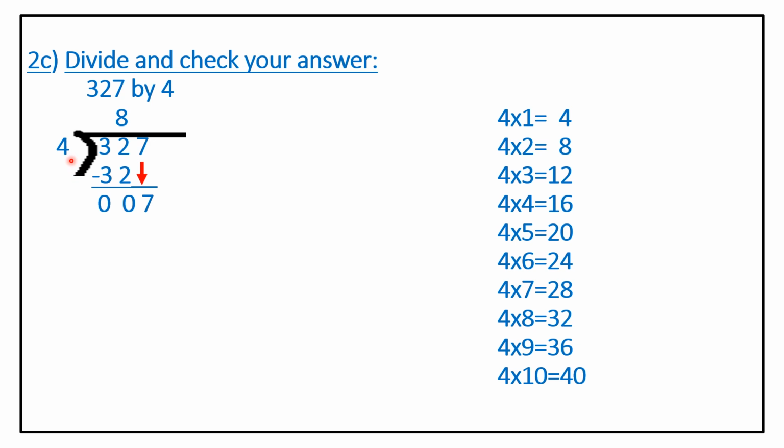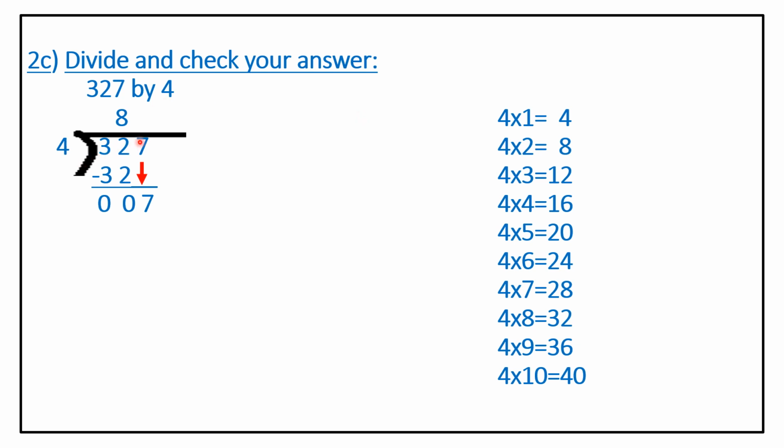Now in the table of 4, you have to divide this 7. Do you get 7? Look here. No, no. 4 1s are 4, 4 2s are 8. 7 comes between these two numbers, 4 and 8. Now what will you apply? 4 1s are 4 or 4 2s are 8? We will apply 4 1s are 4, because you have to take the smaller number. So you will apply 4 1s are 4.